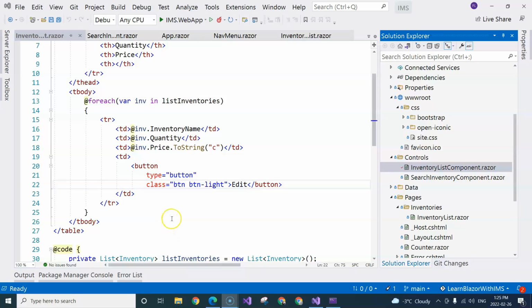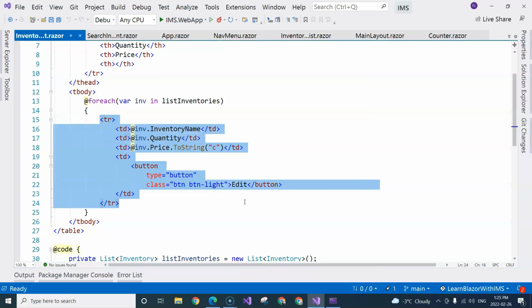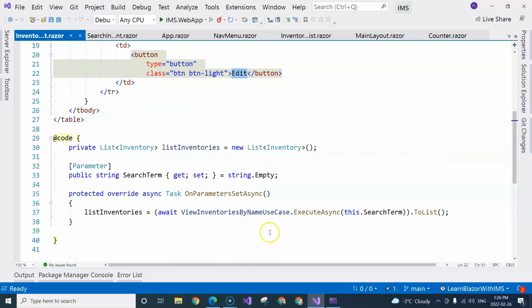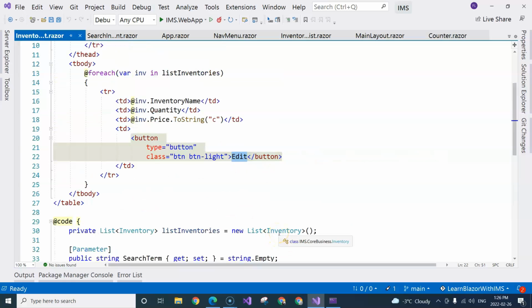In this video, we are going to refactor the inventory list component because we're having this list item here. This can be extracted out to a separate component. Why do we want to do that? Because later we are going to have the edit functionality here, right? And you may want to add the delete functionality if you want. If we still put them in the same component, you will see more and more code in the component, which